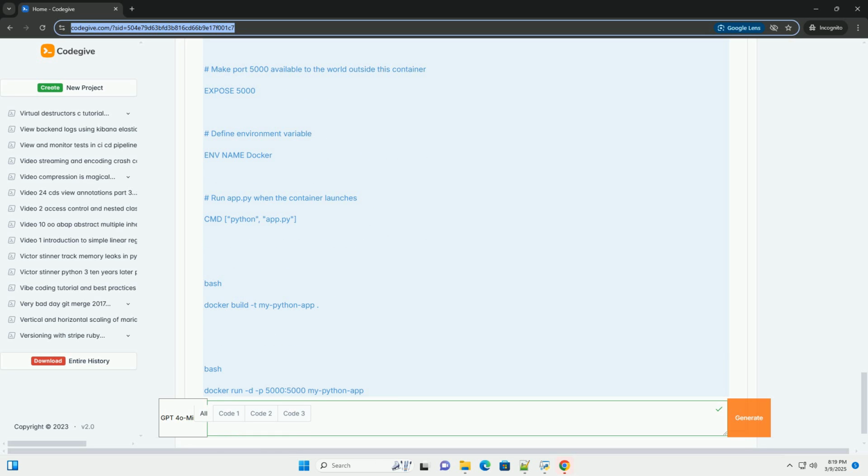Improved portability: container images are easily shared and deployed across different environments, development, testing, production, as long as the container engine is available. DevOps friendly: containers are central to DevOps practices like continuous integration/continuous deployment, CI/CD, due to their